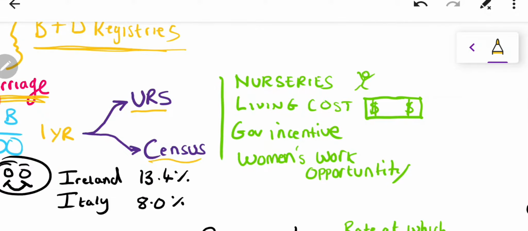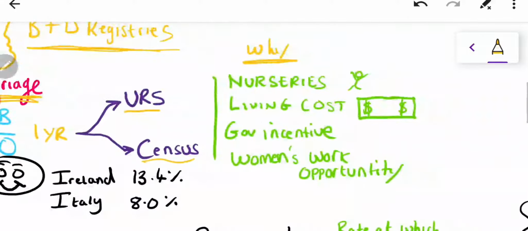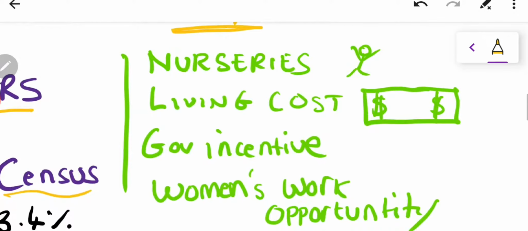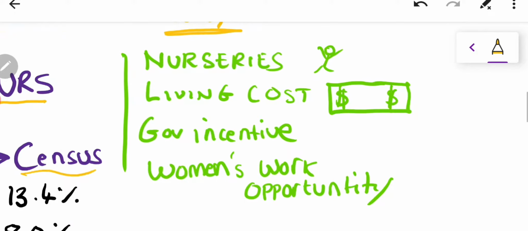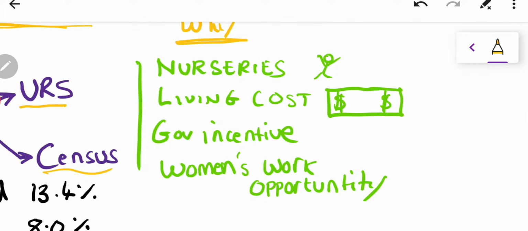Here I've included some of the reasons why birth rate might go up or down. One reason is nurseries. The lecturer, when he was talking about the one child policy and how they've uplifted this rule since 2015,